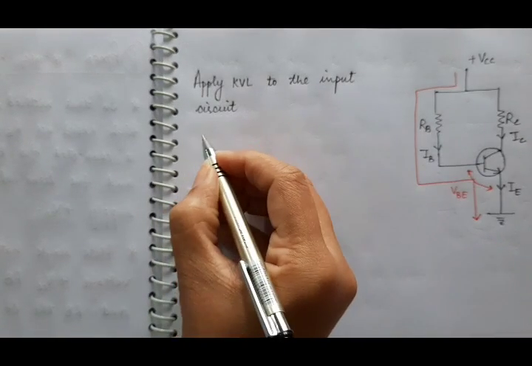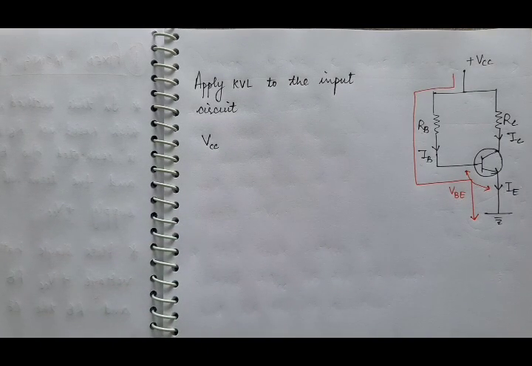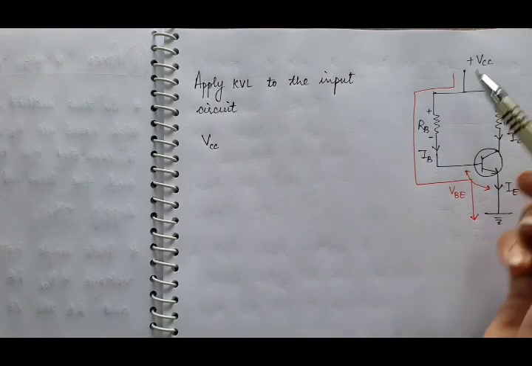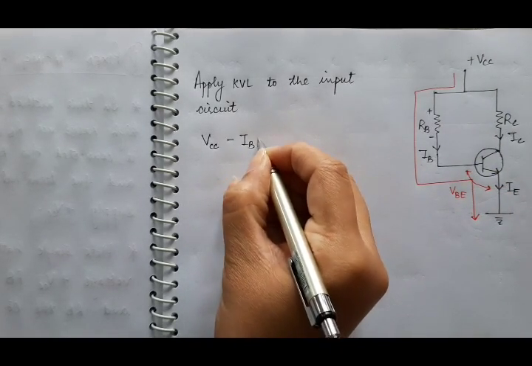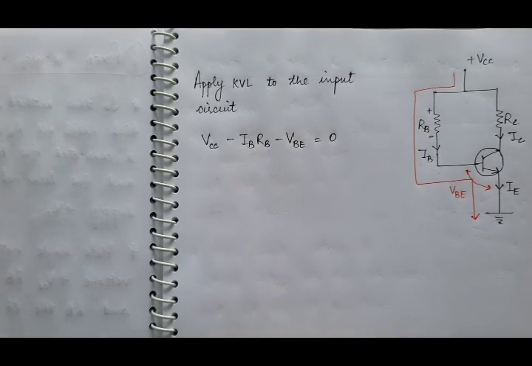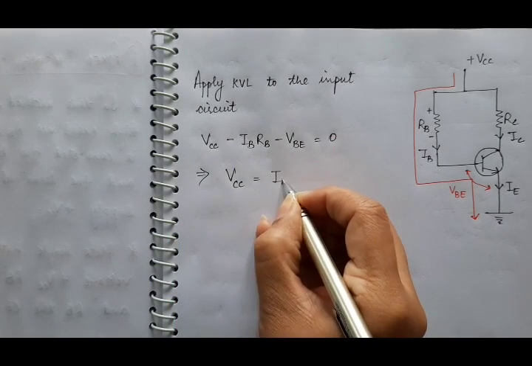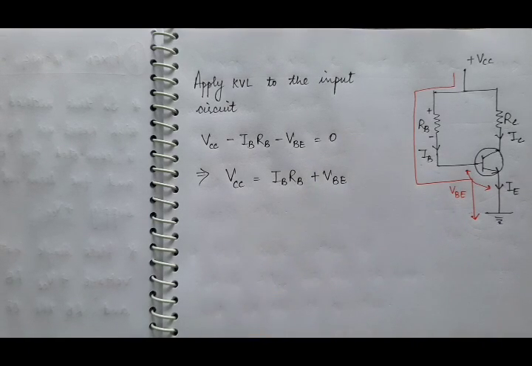It will be VCC, this is positive, positive signs are not alternate, so it will be VCC minus IBRB minus VBE equals 0. So this implies VCC equals IBRB plus VBE,